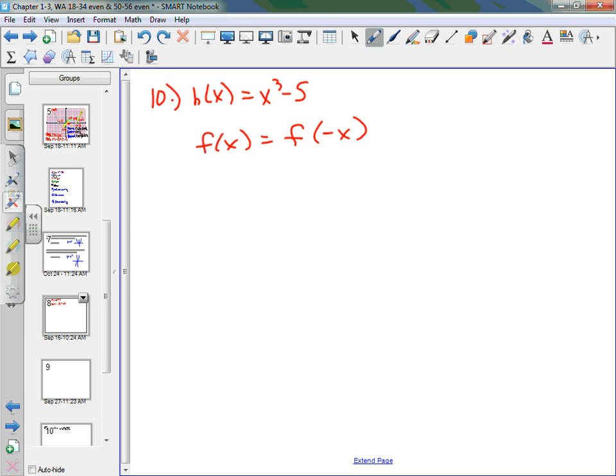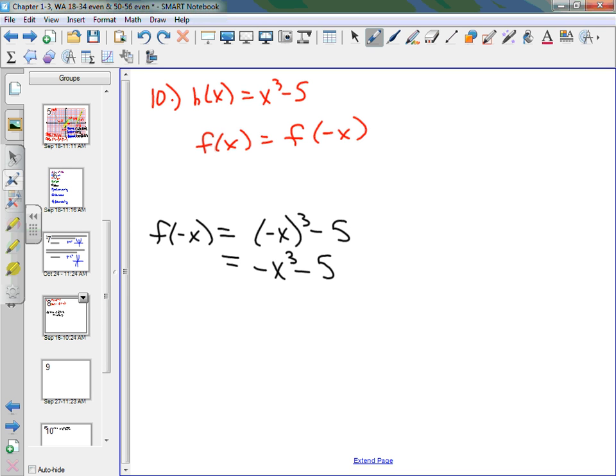Do I know f of x already? F of x is given. In this case, it would be h of x, it's the same thing. I have to calculate f at negative x. So what I'm going to do is every place I see an x, what am I going to put in for it? Negative x. So a negative x times a negative x is an x squared times a negative x is what? Negative x cubed